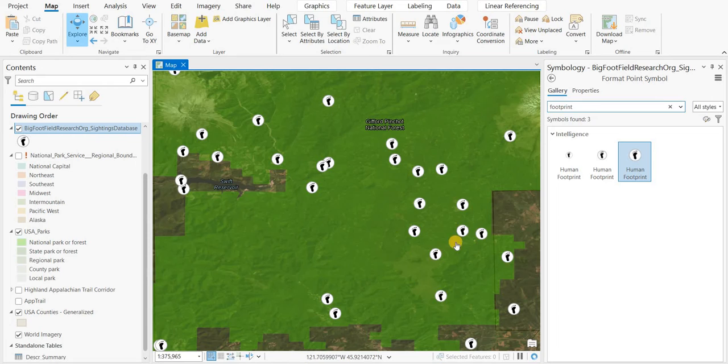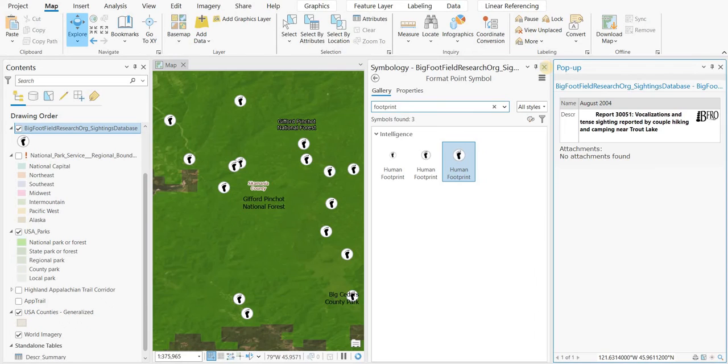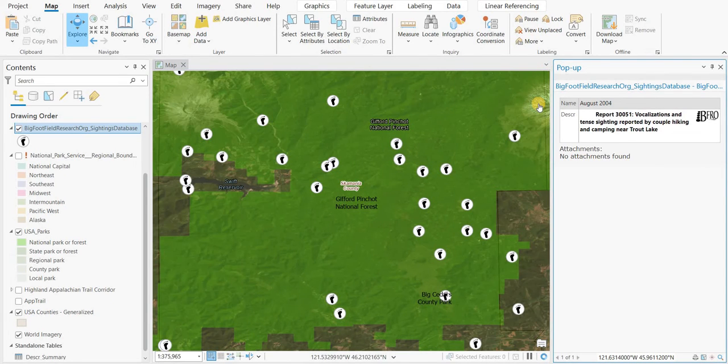There's definitely a cluster over here. Skamania County. I'm going to close the symbology window there. August 2004. Vocalizations and tense sighting reported by a couple hiking and camping near Trout Lake. So let's have a look at this. So it's Skamania County, August